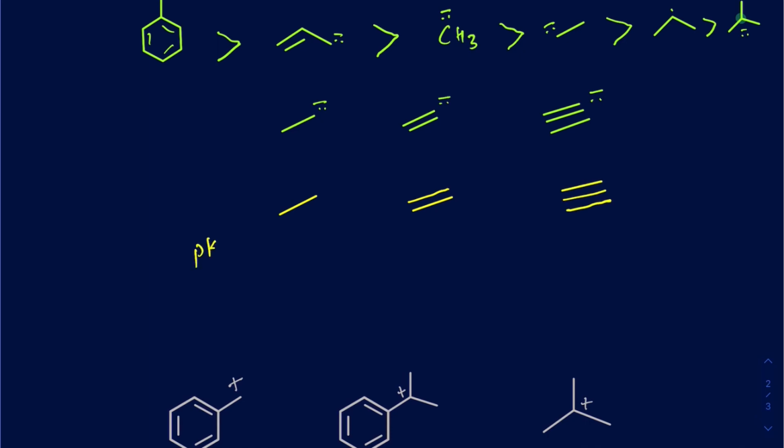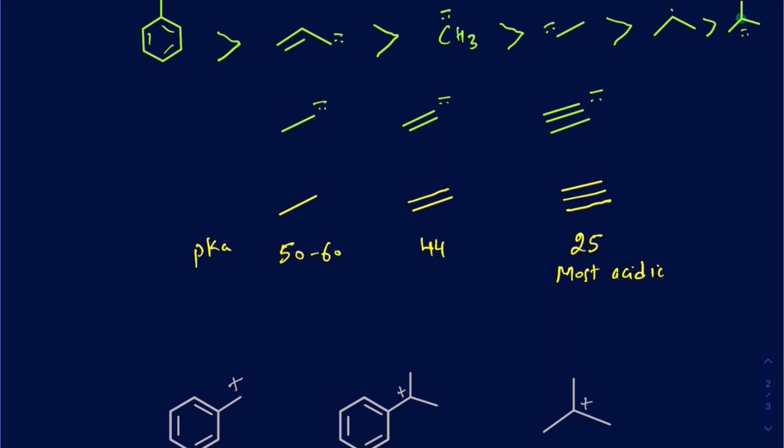The pKa of your alkanes is about 50 or more than 50, 50 to 60. The alkenes is about 44, and alkyne is going to be 25. So out of all of those, who's going to be most acidic? Well, this has got to be the most acidic. And why is that going to be most acidic? Well, first, because it's got the low pKa, but the second, and probably the most important reason